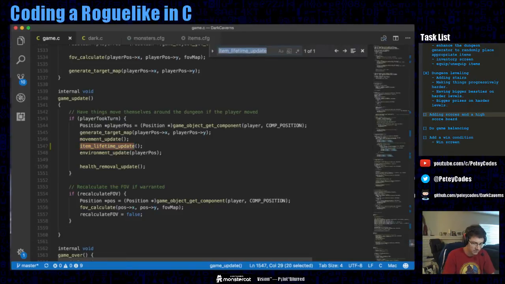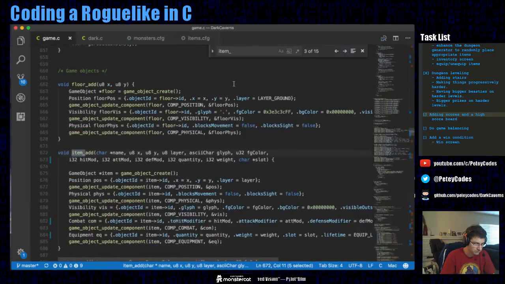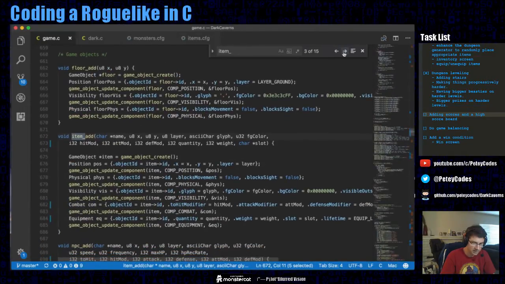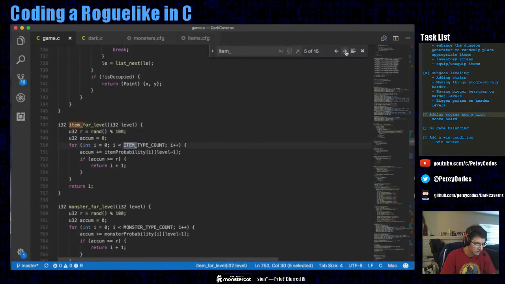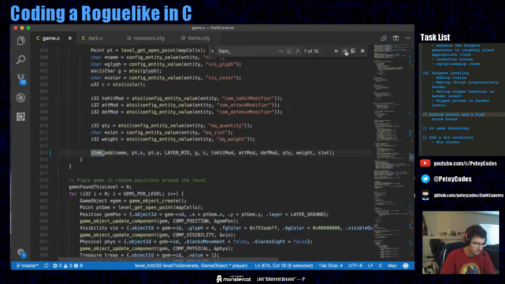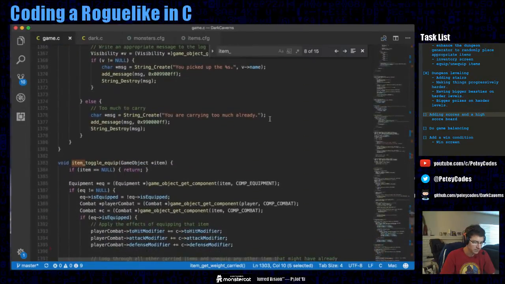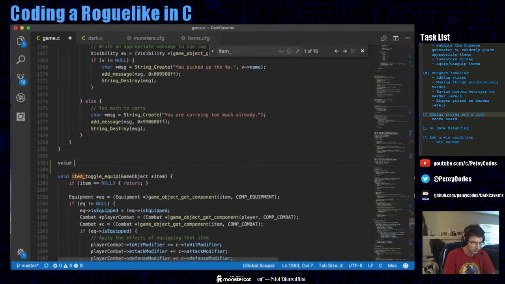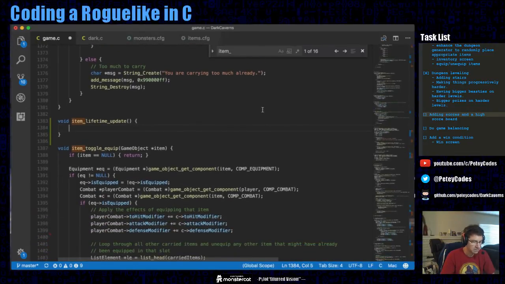Do we have some stuff? Level management. I'm just trying to figure out the best place to put this. There we go. Item management routines. I knew I had a section. So we'll create an item lifetime update, and so